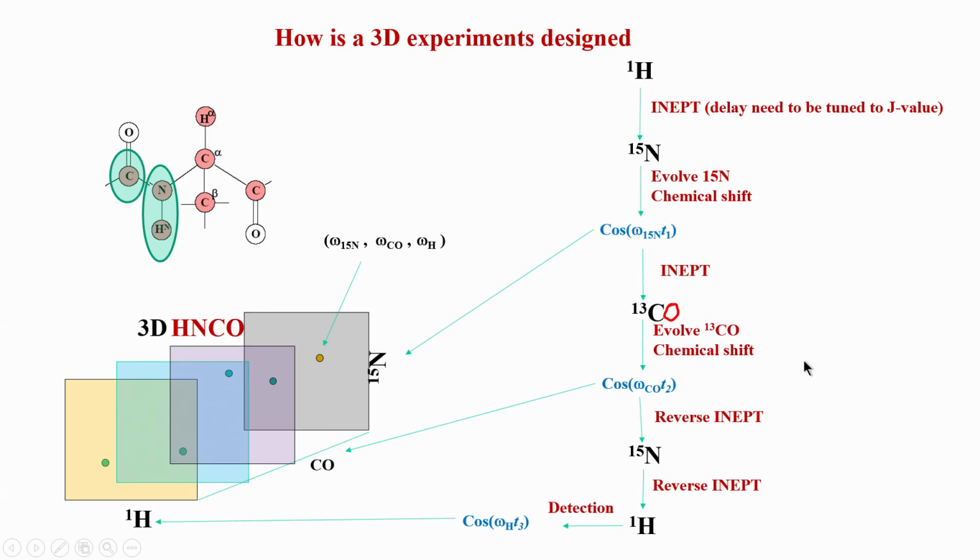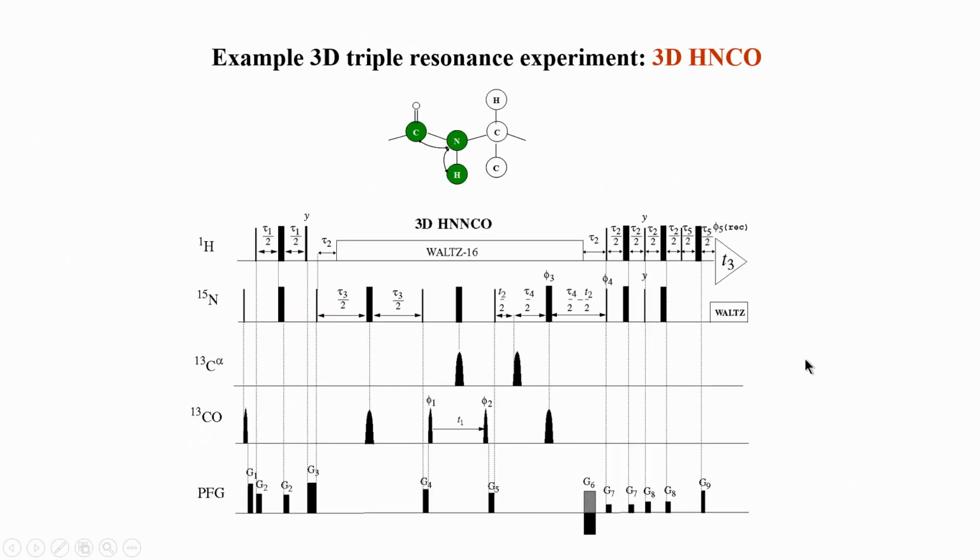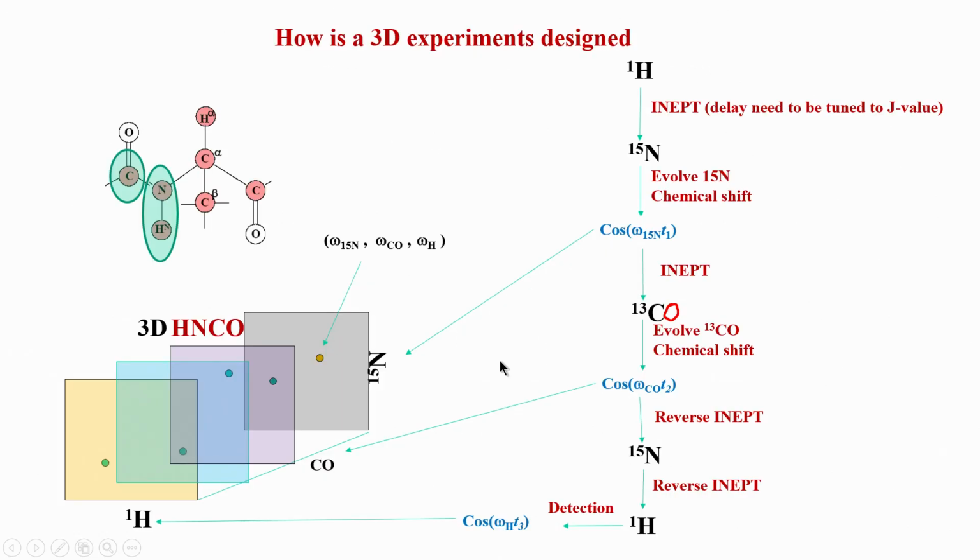So, let us look at the actual pulse sequence of a 3D HNCO, it looks really complicated. In this course we will not be looking at any more pictures like this, because it is very difficult to explain each and everything here, and it also involves many new concepts called gradients which we have not dealt with. The idea is just to give a flavor of how these kinds of experiments look in real life. This is what is actually implemented in an NMR spectrometer instrument.